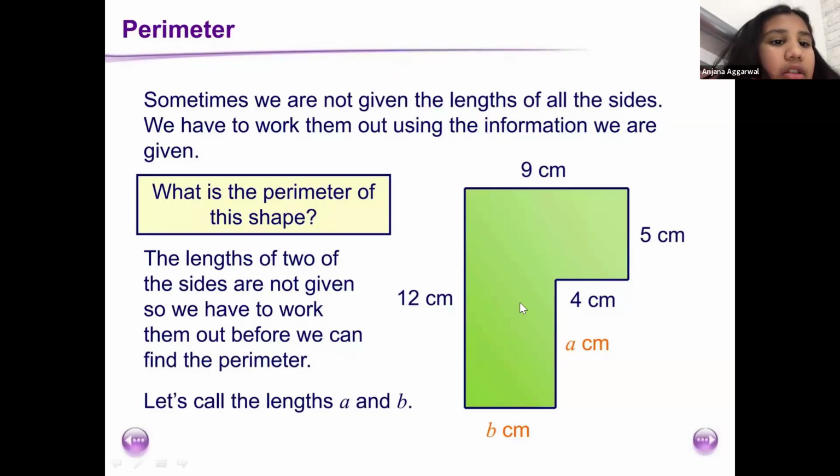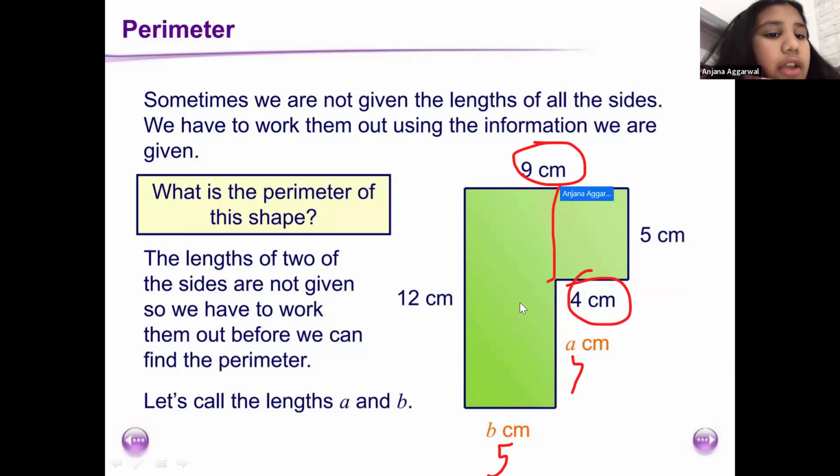A is this, right? Okay. So B equals 5 and A equals 7. How? So first I took this 9 and I took away 4, meaning this much, which is 5. That means that this part,